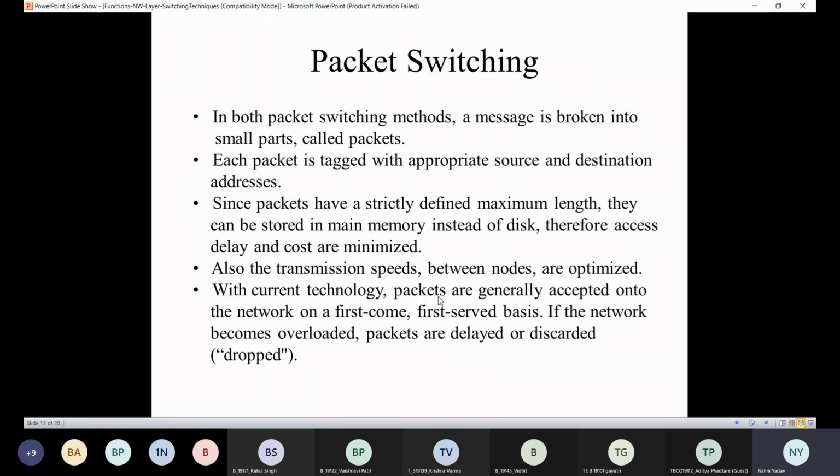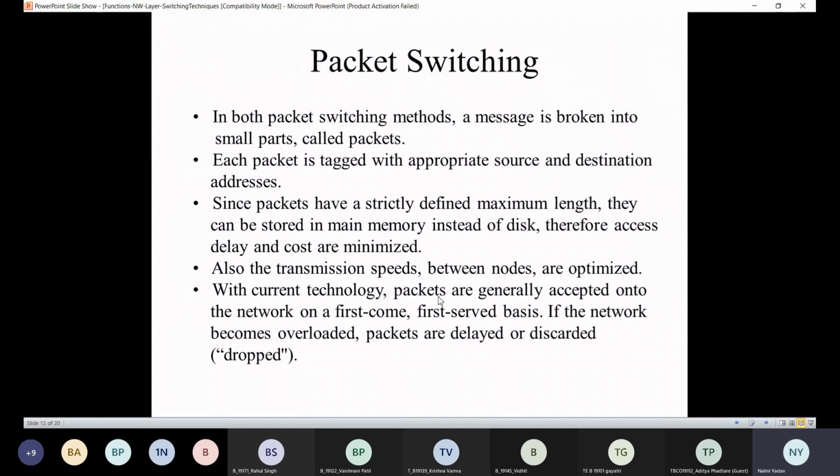Correct. Now these packets have their own maximum length, right? So they can be stored in the main memory instead of the disk. If you consider a complete message, it may not be possible to store that complete message on a disk or in RAM, because RAM is a limited memory, correct? But suppose,